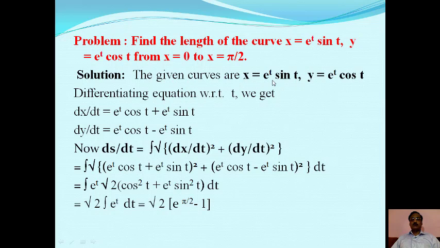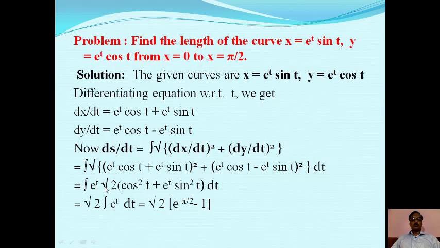Differentiating these two equations with respect to t, this gives dx over dt is e raised power t cos t plus e raised power t sin t, and dy over dt is equal to e raised power t cos t minus e raised power t sin t. Putting these values in this formula, dx over dt from here, dy over dt from here, ds over dt will give the value